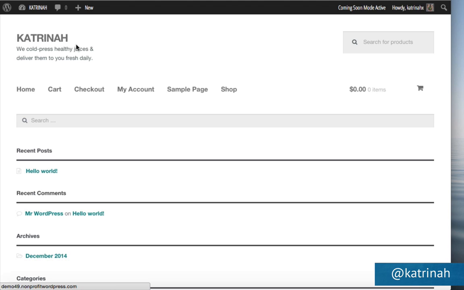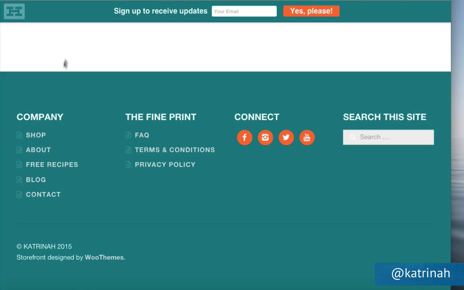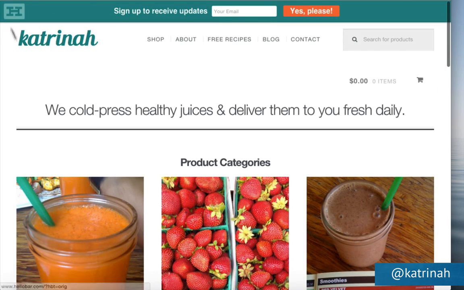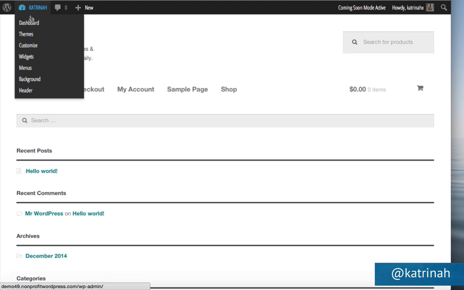Now note that if you'd like to include a logo instead of a title and a tagline, you can do so by activating the Jetpack plugin. So I would like to do that because when I go to my finished site over here, we can see that I have a logo instead of a title and a tagline. So to add a custom logo to your Storefront WordPress website, we want to go back to the dashboard by